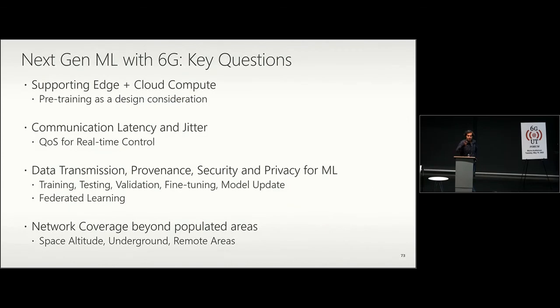All right, I'm a couple of minutes from my timeline, but here are 4 things that, as a machine learning practitioner and field roboticist, I wish to see in 2030. First is, of course, supporting edge and cloud compute. I know that I'll be doing pre-training, and we are throwing all our eggs in one basket, which I am a strong believer in. Of course, we can debate about it. We have to think about latency and jitter, both from an algorithmic point of view, but also from communicating with this community and figuring out what the quality of service requirements are there.